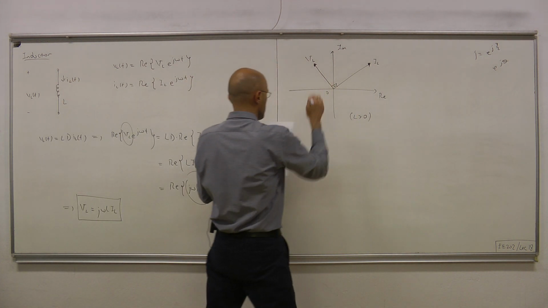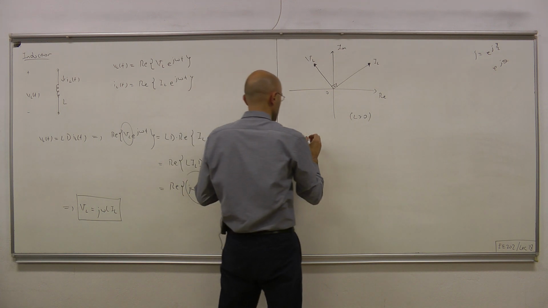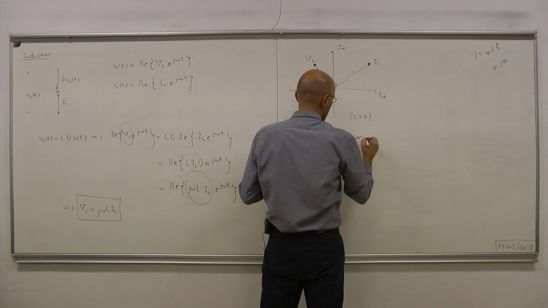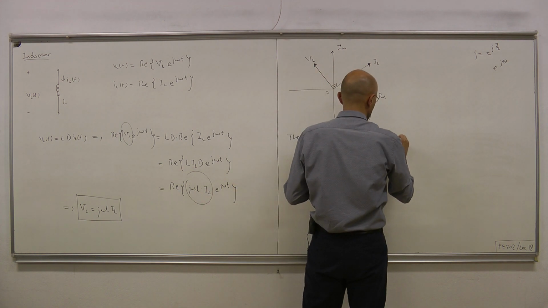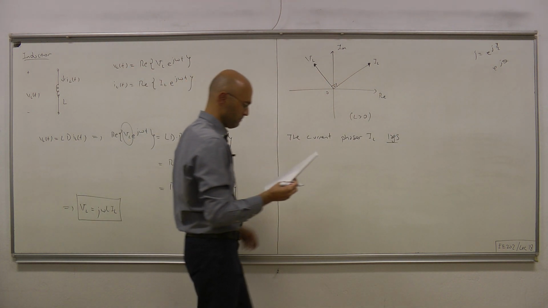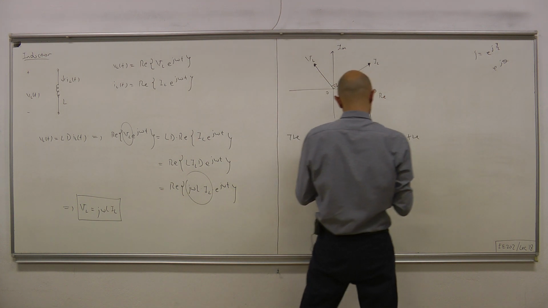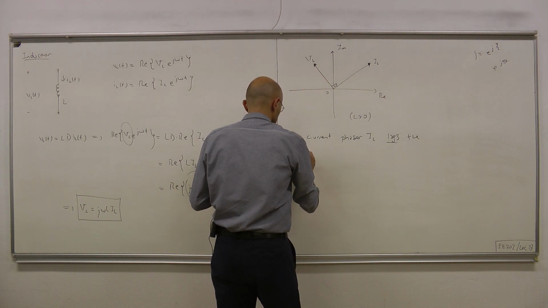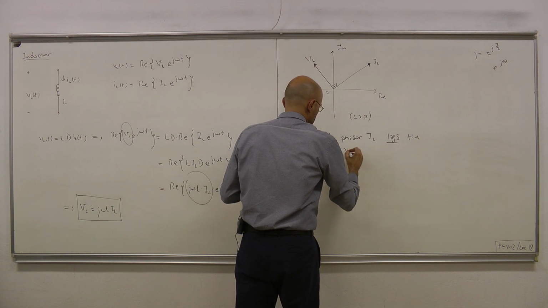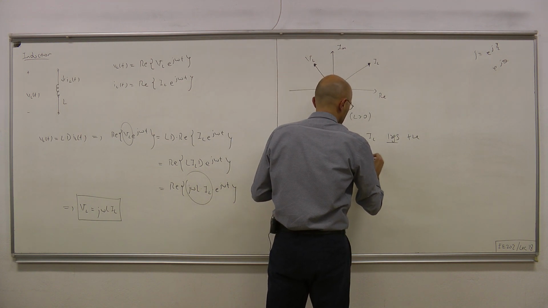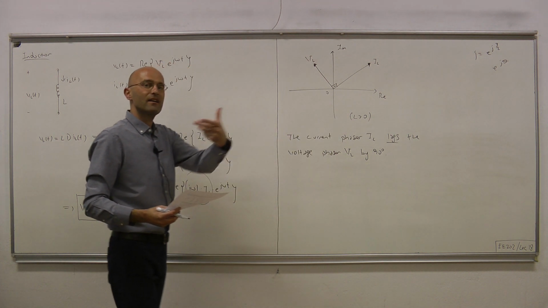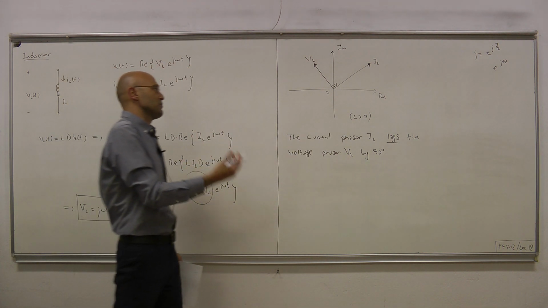So for this situation, the current phasor IL is said to lag the voltage phasor VL by 90 degrees. So lagging means it's coming behind, and why it's coming behind is just a way of looking at things,